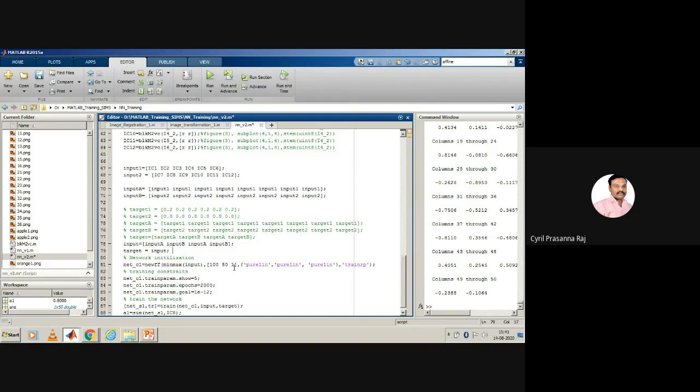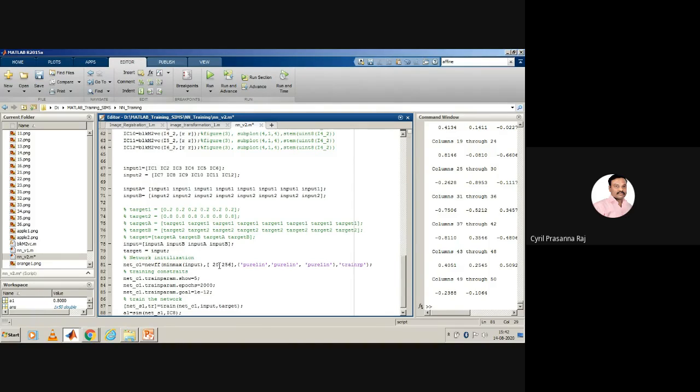Since we know the input is 256 inputs after converting from 2D to 1D, I will change this number. I will make it 256 inputs, 150 in the first hidden layer, 20 in the second hidden layer, and in the output layer I will make it 256. Why 256? Because my input is equal to the target, so I want the output to also be 256. Or I'll simply make the hidden layer 20 now.